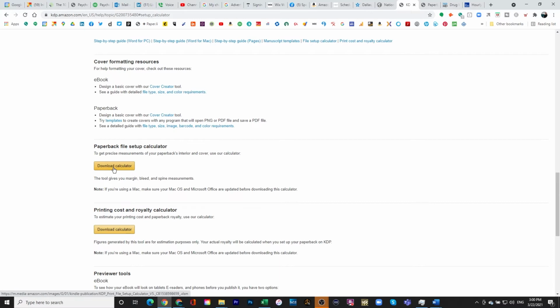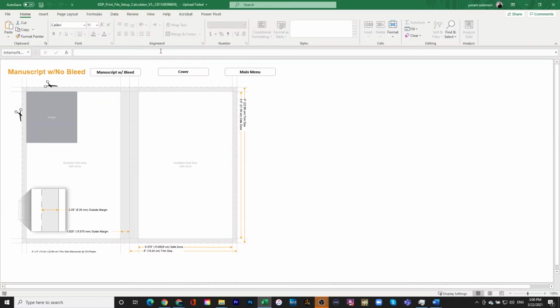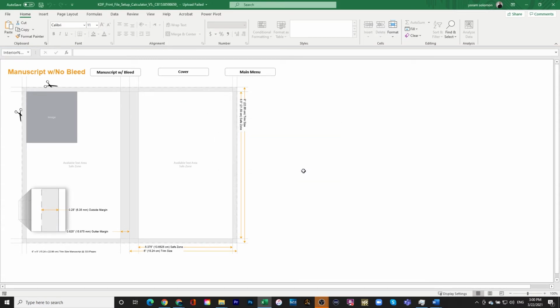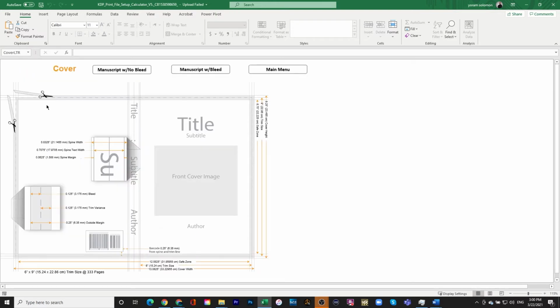So I'm going to click on Download Calculator. I don't have to do it now because I already downloaded it and I have it ready to go. So I'll open it, it's an Excel spreadsheet. I'm going to enable the content here. And yes, I'm going to trust them. If I can't trust them, then there are not too many people or companies that I can trust. Here's what they're showing you. How do you need to design it? And we can go to cover. This is the same drawing that you saw before,